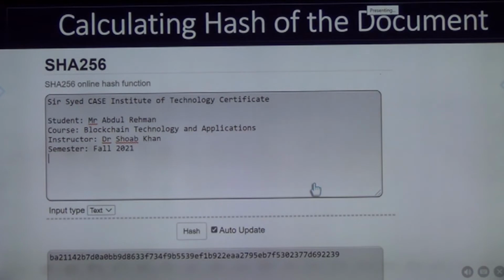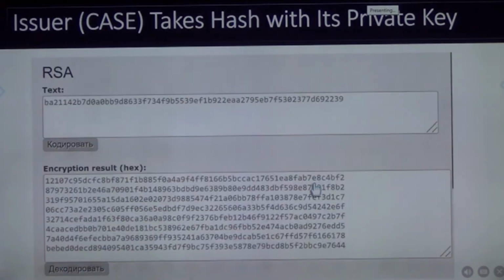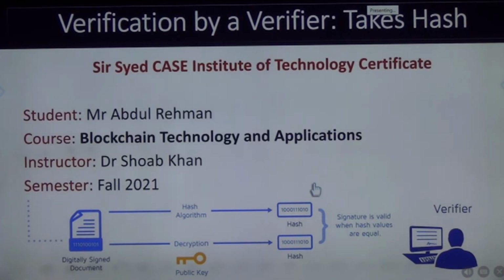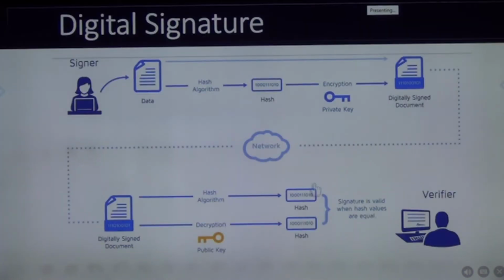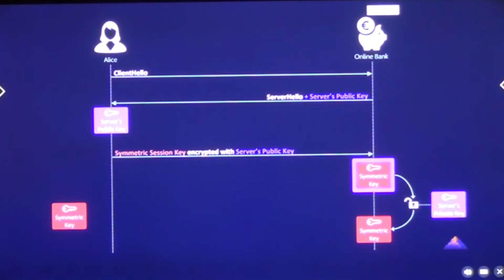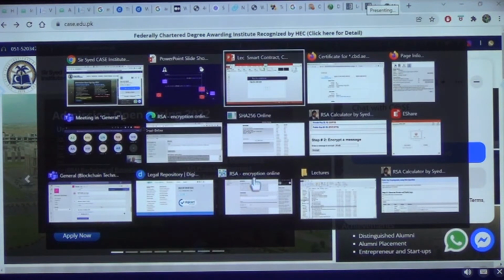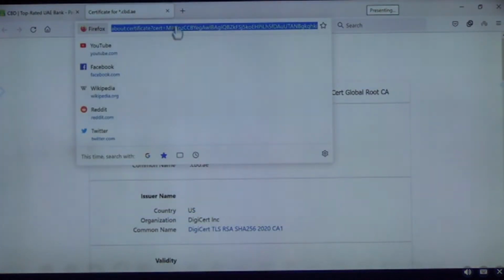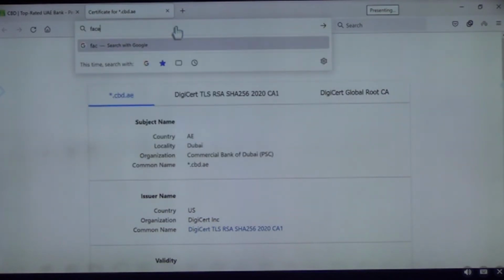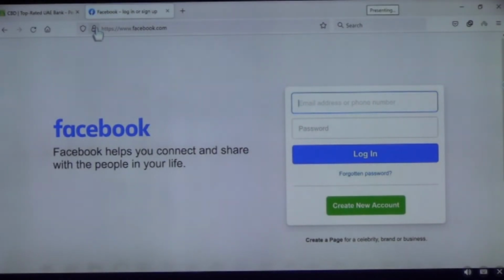So we have seen the digital certificate and how it happens, and I've shown you digital certificates of KS or Bank of Dubai. No matter what site you go to, you can see the digital certificate for Facebook, YouTube, Yahoo, for every one of them. And it's very simple, all you have to do is just type that website, let's say facebook.com. If it has a digital certificate, it shows you this lock. Now this Firefox shows it in this way.